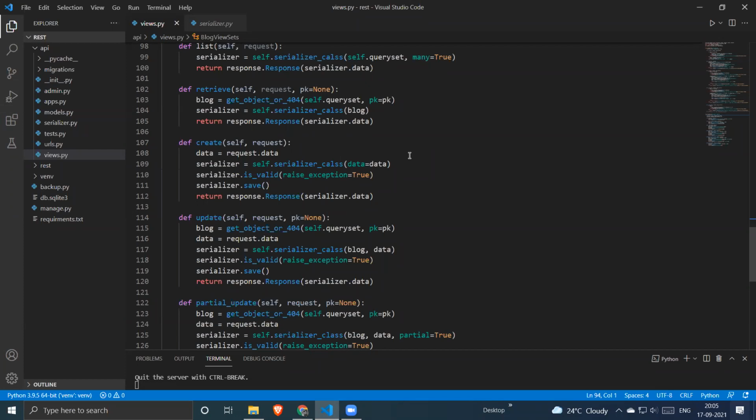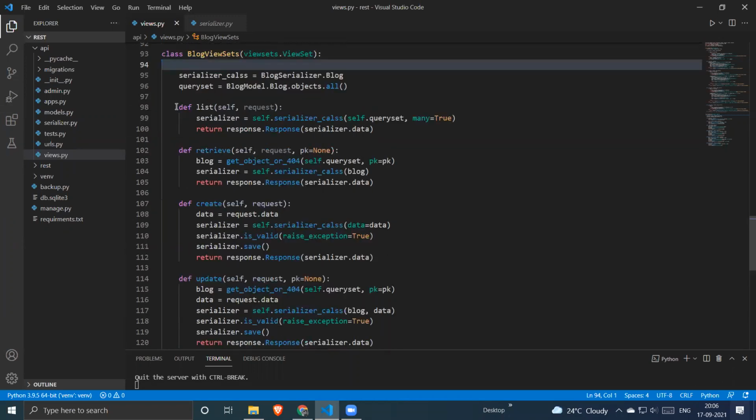Because the model view set will provide you the entire HTTP method operations, which are get, post, put, patch, and delete. But in the API views, you have control to define your own functions, which HTTP operations you are going to accept as a request. So if you just define a list function, you will just provide a list of your objects to the client side.